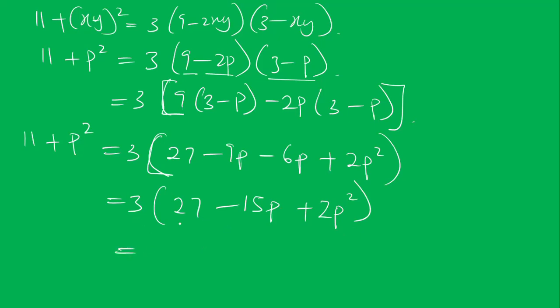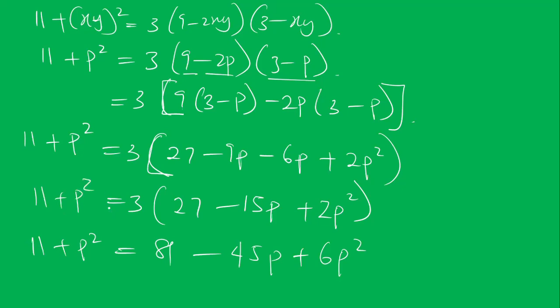So use 3 to open up the bracket. 3 times 27 is 81 minus 3 times 15, you have minus 45p. 3 times 2p squared, you have plus 6p squared. Now moving, you have 11 plus p squared. So now we have 11 plus p squared equal to